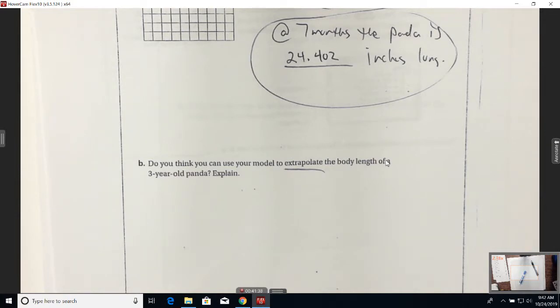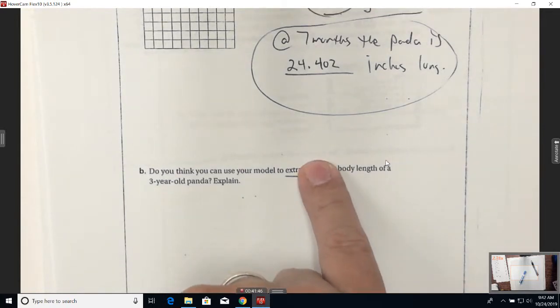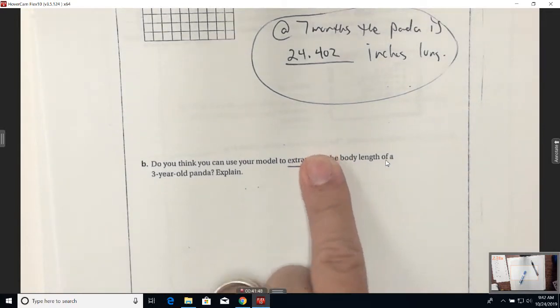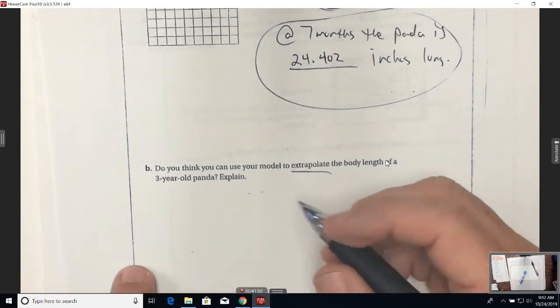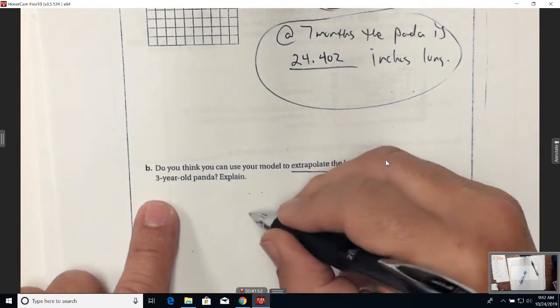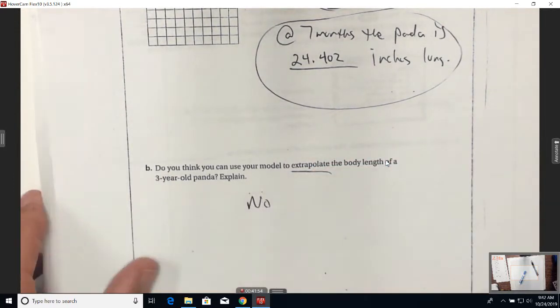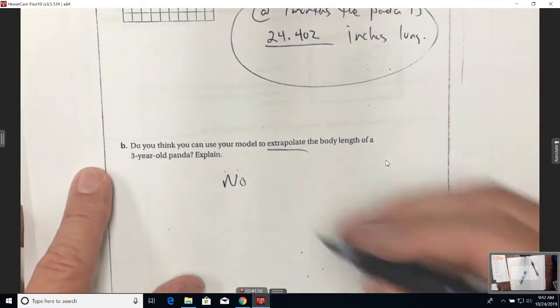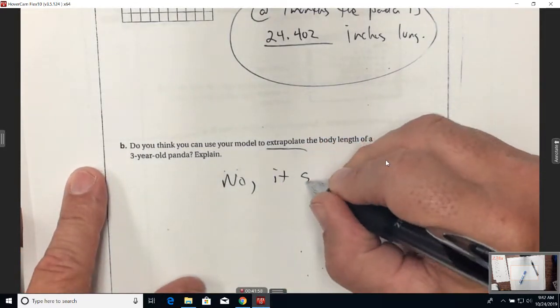So do you think you can really use your model to figure that out? Just like us as human beings, we stop growing about the age of 17, 18, 19 years old, right? The same way with this panda, except it's 3 years old. They grow faster. They have a shorter lifespan than we do, too. So, no, you cannot use this data because why? It stops growing